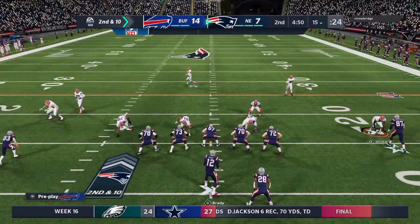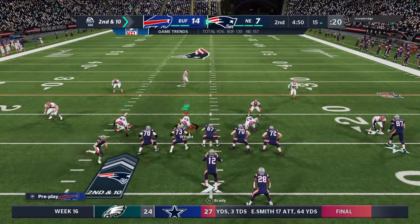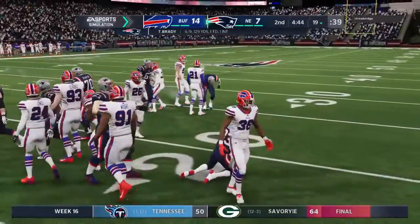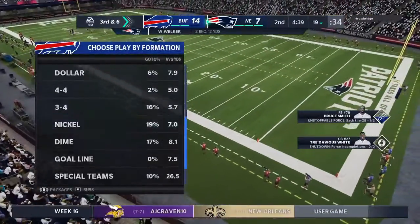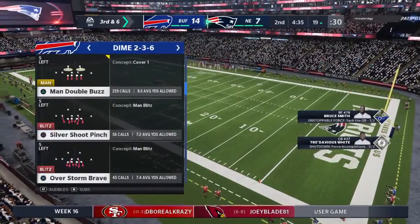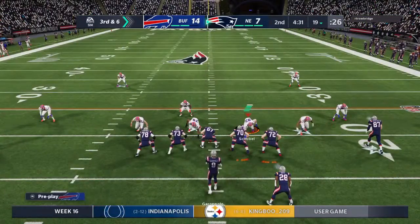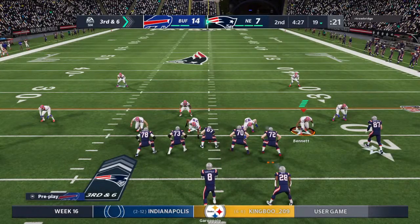Brady's incompletion on 1st down leads to a 2nd and 10. Let's go deep, tighten up. And a nice gain there as he'll be taken down just shy of the 20. 4 yards the gain, and it'll bring up a 3rd down. Nice play design there with the touch pass. Looked good at the start, but bottom line, the defense was ready. And they did a nice job scouting, didn't they? Not just scouting, but now executing once they saw the play for real after having worked on it all week in practice. They drilled on the play,